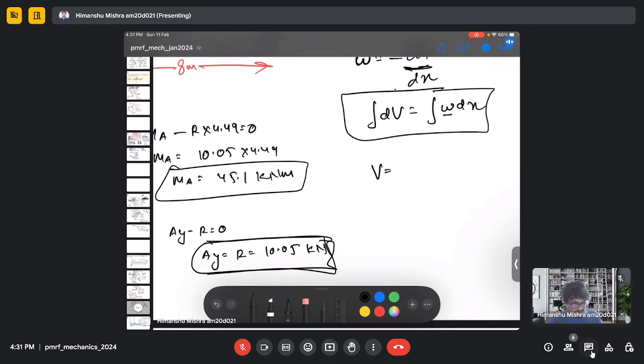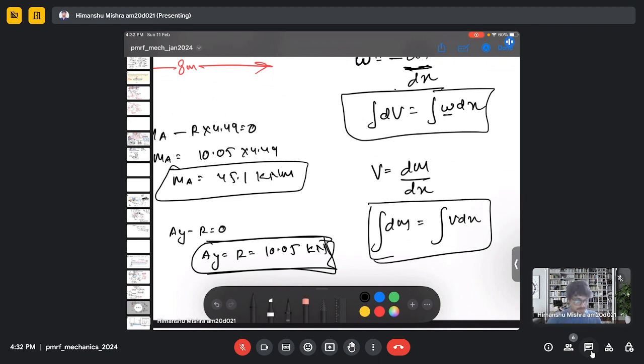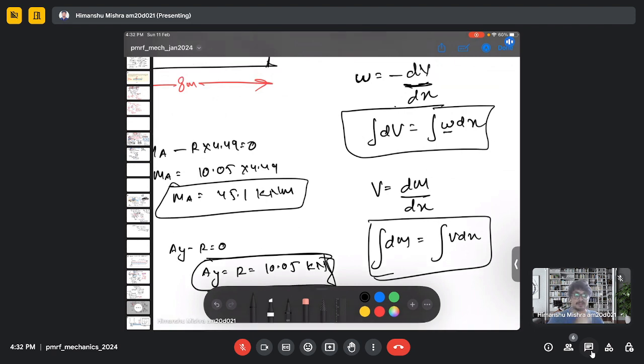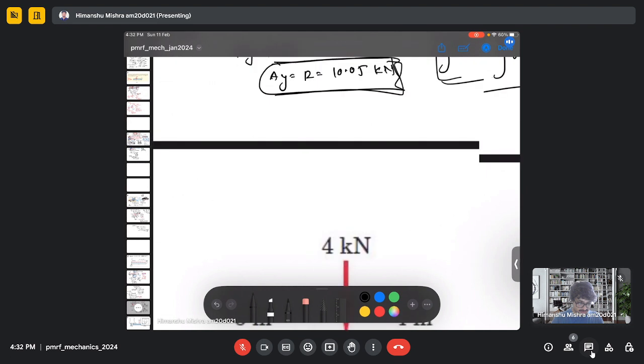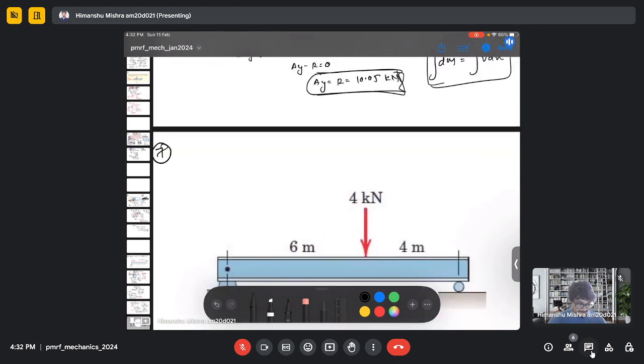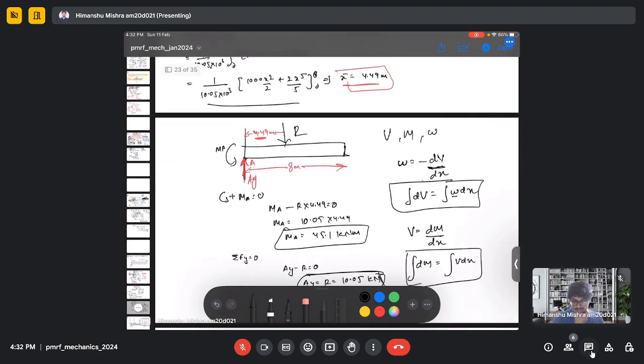Similarly, the shear force can also be written as dM by dx, which is the rate of change of bending moment in the horizontal direction. And from this relation we can write the bending moment, which is actually the area under the shear force curve. So one can use this expression also to calculate the shear force and the bending moment. And we will see in the subsequent question how to draw the shear force diagram as well as the bending moment diagram. So until now,